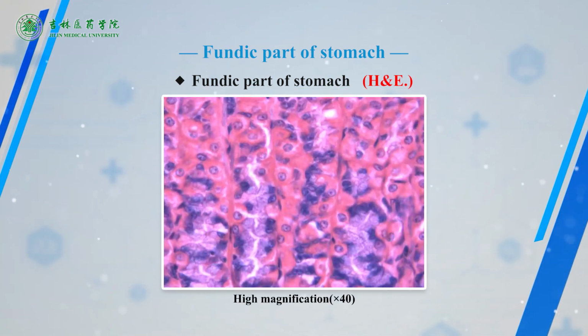The third slide: pyloric part of the stomach, obtained from the section of the pyloric part of the stomach, HE staining. On this slide, we can see the two kinds of gland cells. The chief cells are predominant in the body and the base of the gastric gland, which are columnar cells with purple-blue stained basophilic cytoplasm, but owing to the difficulty of maintaining the cytoplasmic granules after death,